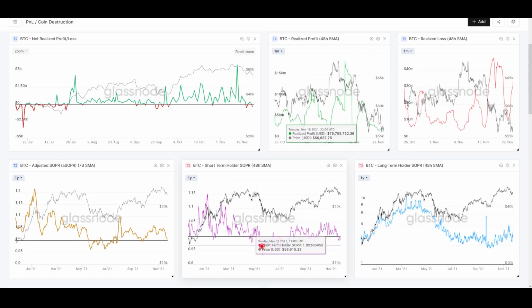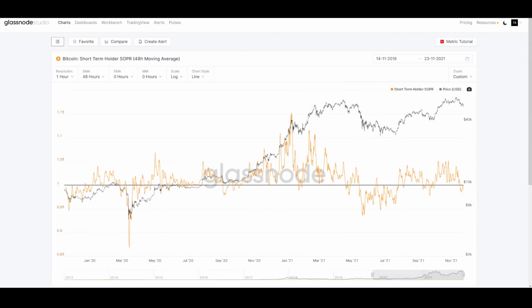Very recently. If we look down here at this purple chart in the middle on the bottom, this is the spent profit ratio of short-term holders. This is one of the ways that we note the sentiment and the confidence level of the spending of short-term holders. And it's a great bellwether for market strength. Let's break this chart out a bit and look at it in finer detail. Okay, here is the short-term holder spent output profit ratio. This is a great way to note the momentum and strength of activity on chain. Short-term holders are the ones who buy the tops, and their outcomes give us an idea of where the market